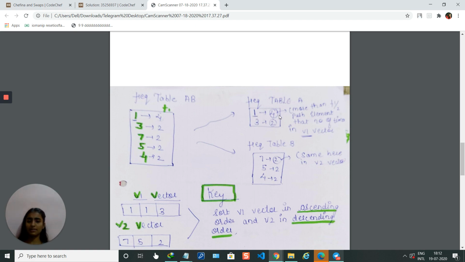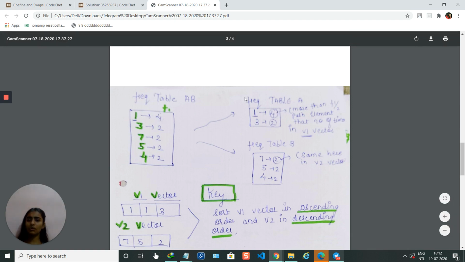Here 1 occurs 4 times. But I know that in both sequences, each element should occur F1 by 2 times. 1 occurs 4 times, F1 is 4, F1 by 2 will be 2. So we will compare 4 and 2. If it is more than F1 by 2, then we will push that number of times in the V1 vector. So here 1 is 4 times, but it should be 2. So it means it's 2 times extra. So we will pick from here and push in the V1 vector. So 1 occurs 2 times here.